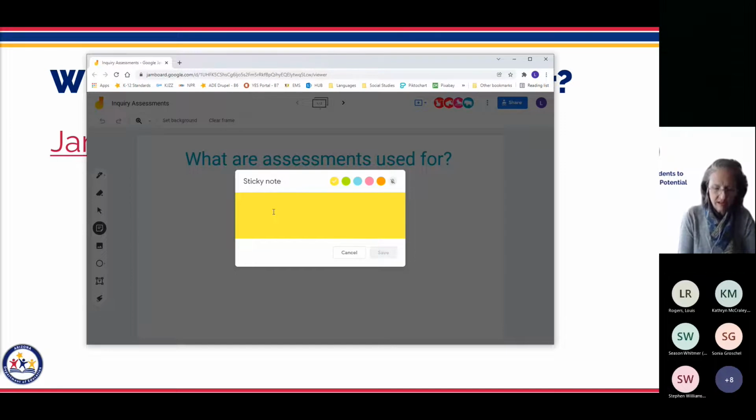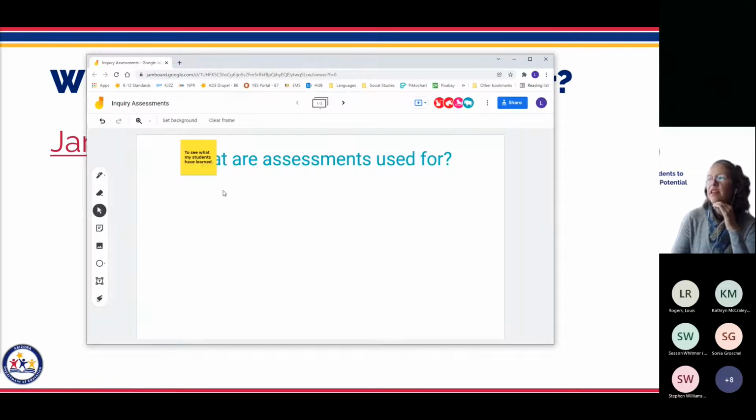You can change colors, all different things, to see what my students have learned. Right? And then you just click save, cancel out of that, and it brings up a regular sticky note, and then you can just drag and drop it all over the place. So what I'd like to see is kind of